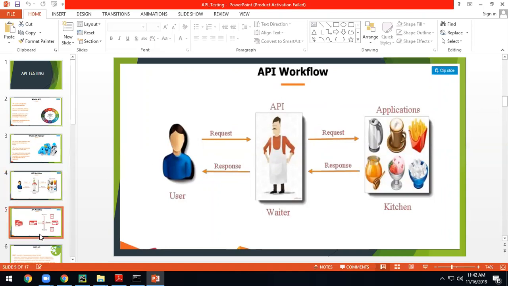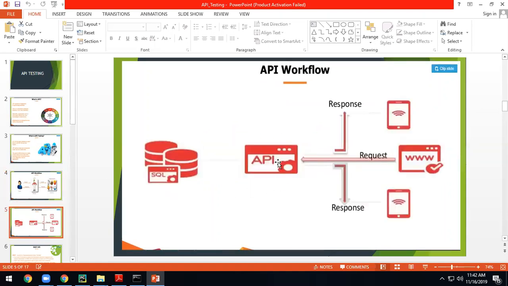If you take a real-time example, the API is one component where you have attached all your resources. Now, when you request, you can request through your web application or mobile, anything it can be. Now this guy is taking your request. He knows how to get the response from this guy. He will request and get it and pass it to you. That is the way we are trying to do it.